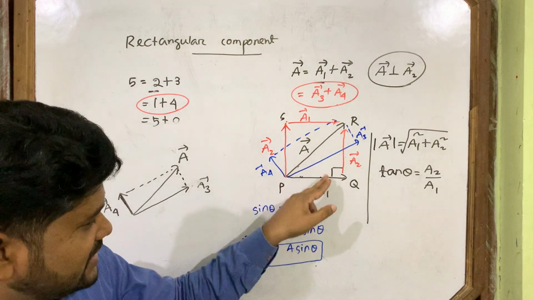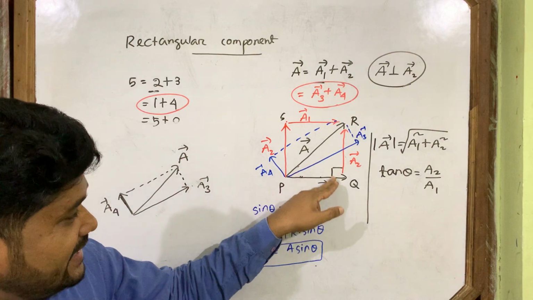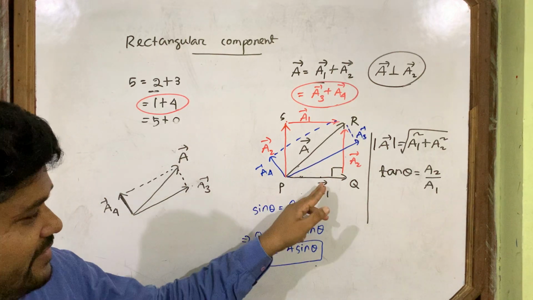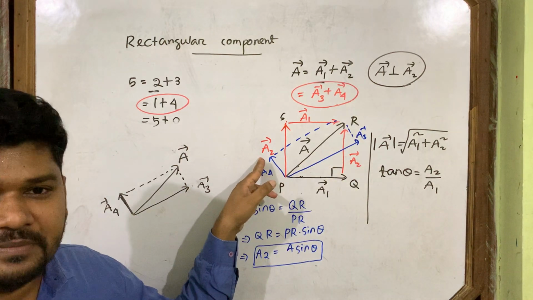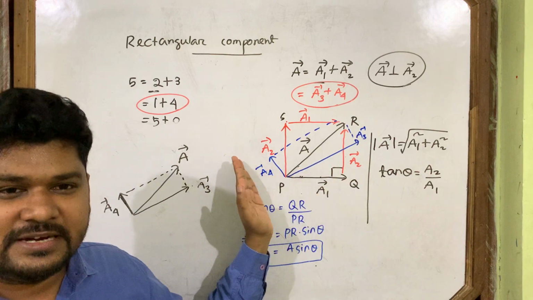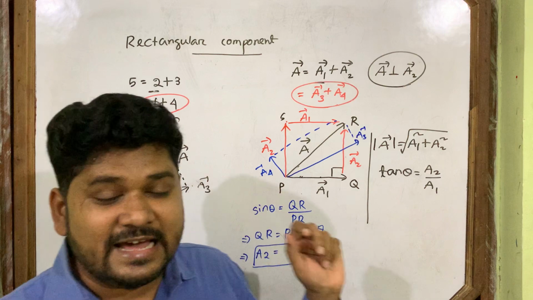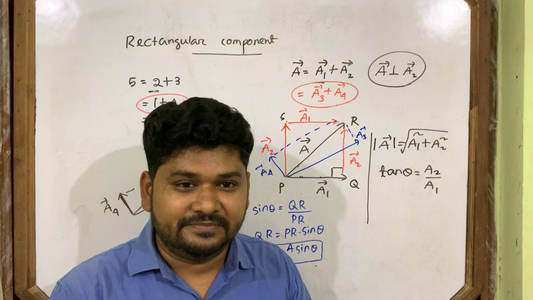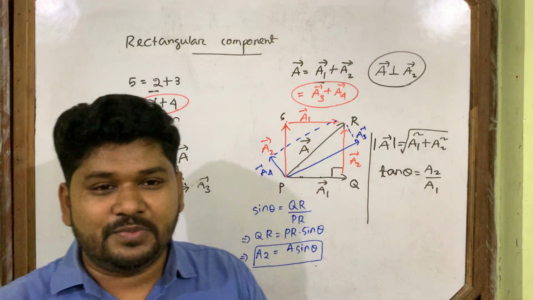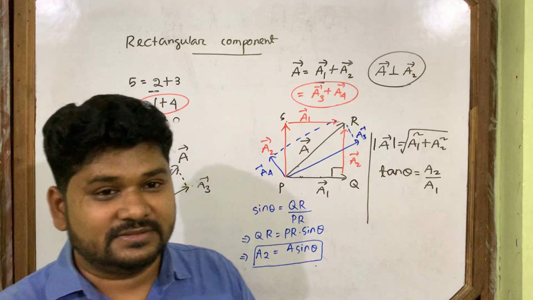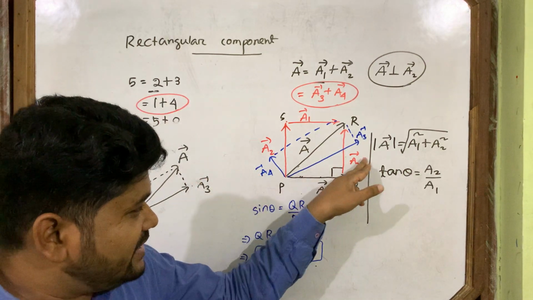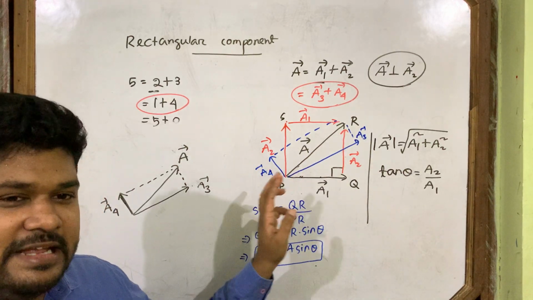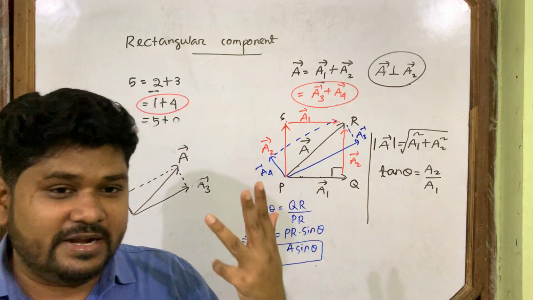So like this, how many lines can we draw between A1 and A3? How many vectors can we choose here? Infinite lines. Accordingly, we will get infinite vectors. So a vector can be divided into how many pairs of components? Infinite pairs. You got the answer because we can choose infinite vectors between A1 and A3, between this black line and this blue line, and correspondingly we get infinite pairs.